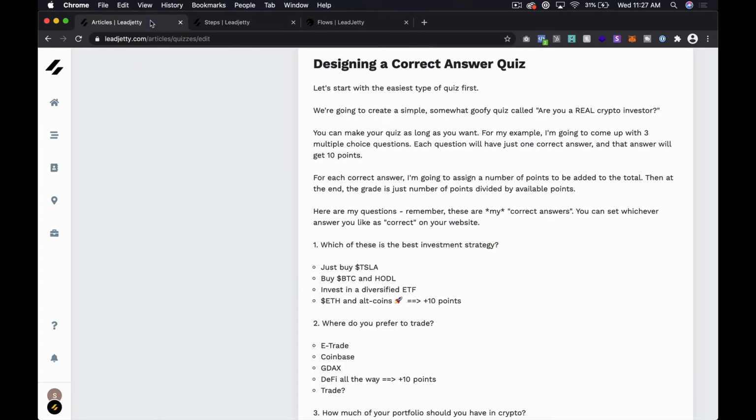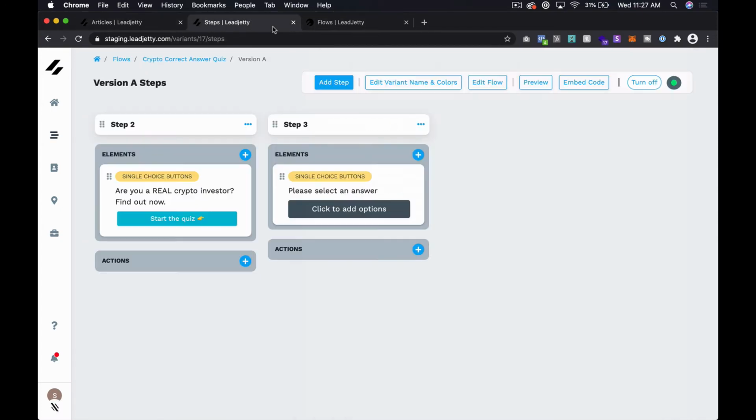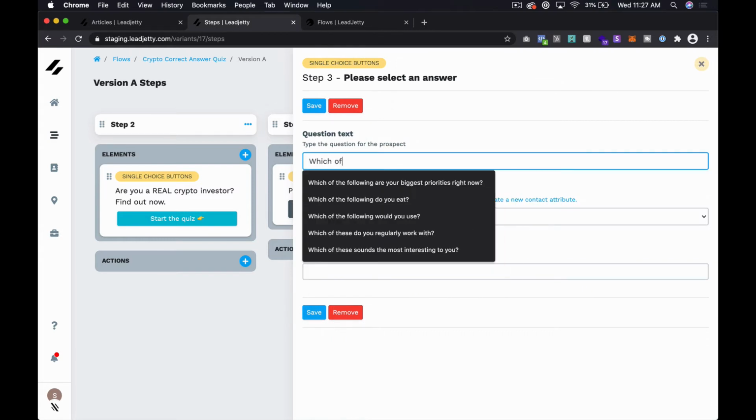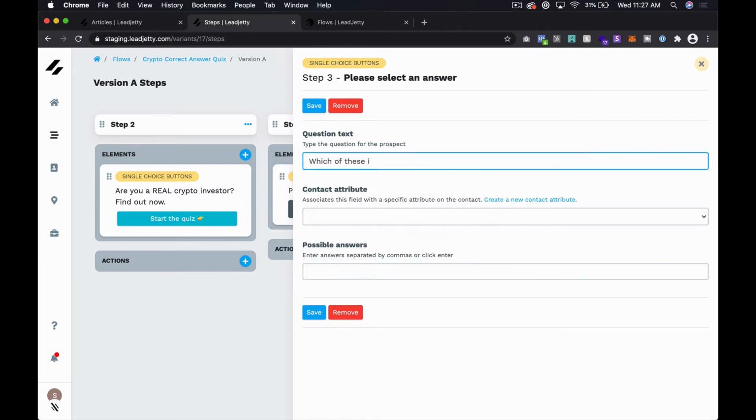What's the first question I've got? Which of these is the best investment strategy? So we'll come in here and we'll say, which of these is the best investment strategy? And possible answers, let's see what I've got over here. So just buy Tesla,